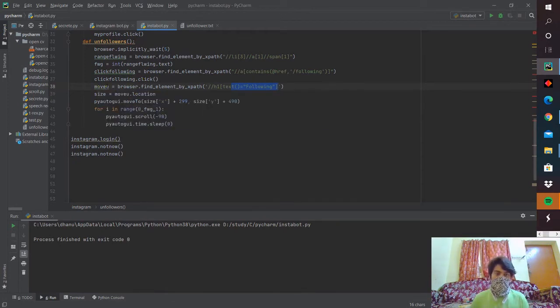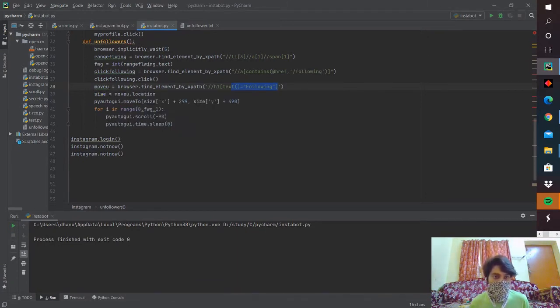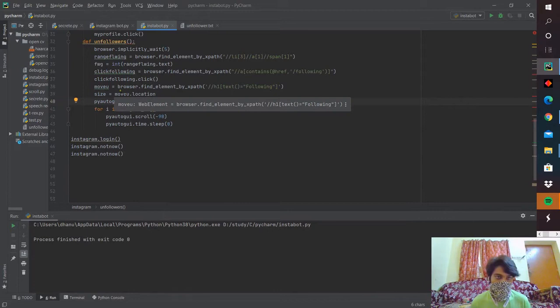So now your computer needs to move the cursor over there. So size is equal to variable name dot location. So this line actually explains where the location is now. So PyAutoGUI is now useful over here. PyAutoGUI moveTo function actually makes your mouse cursor move to some desired location.